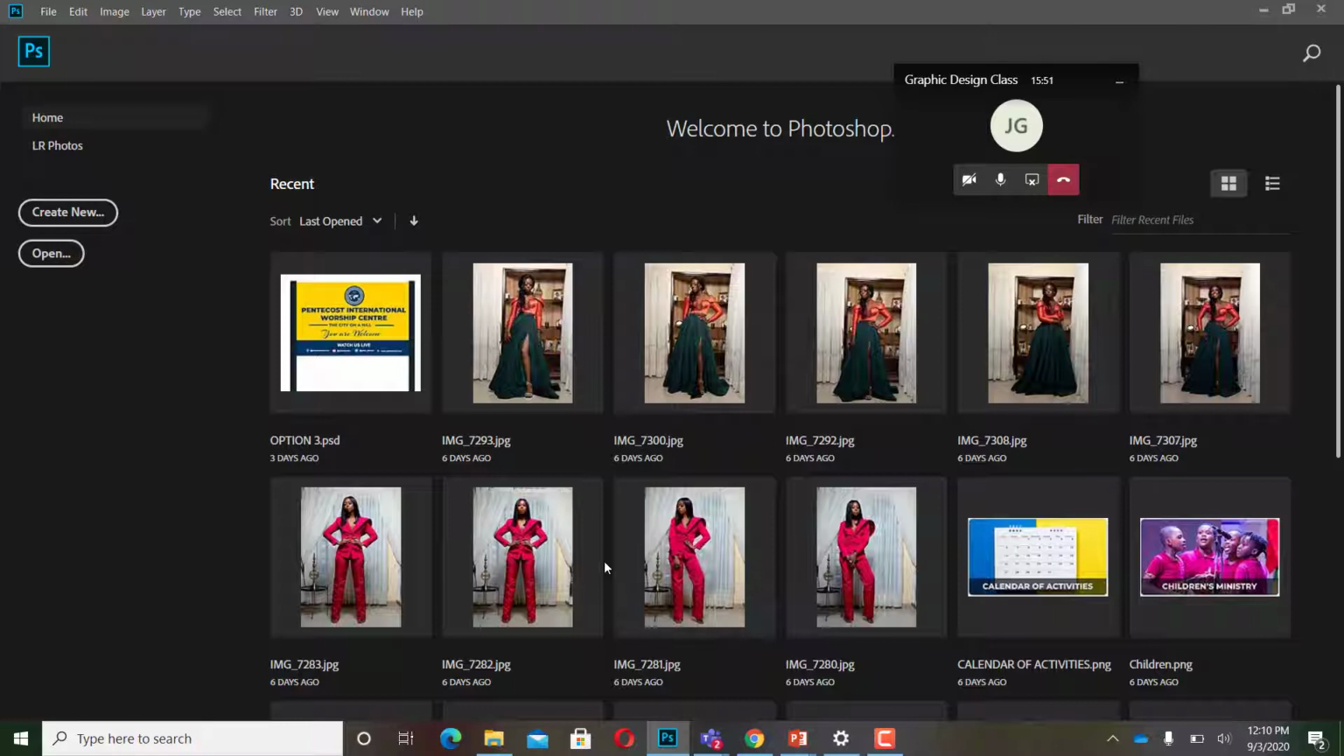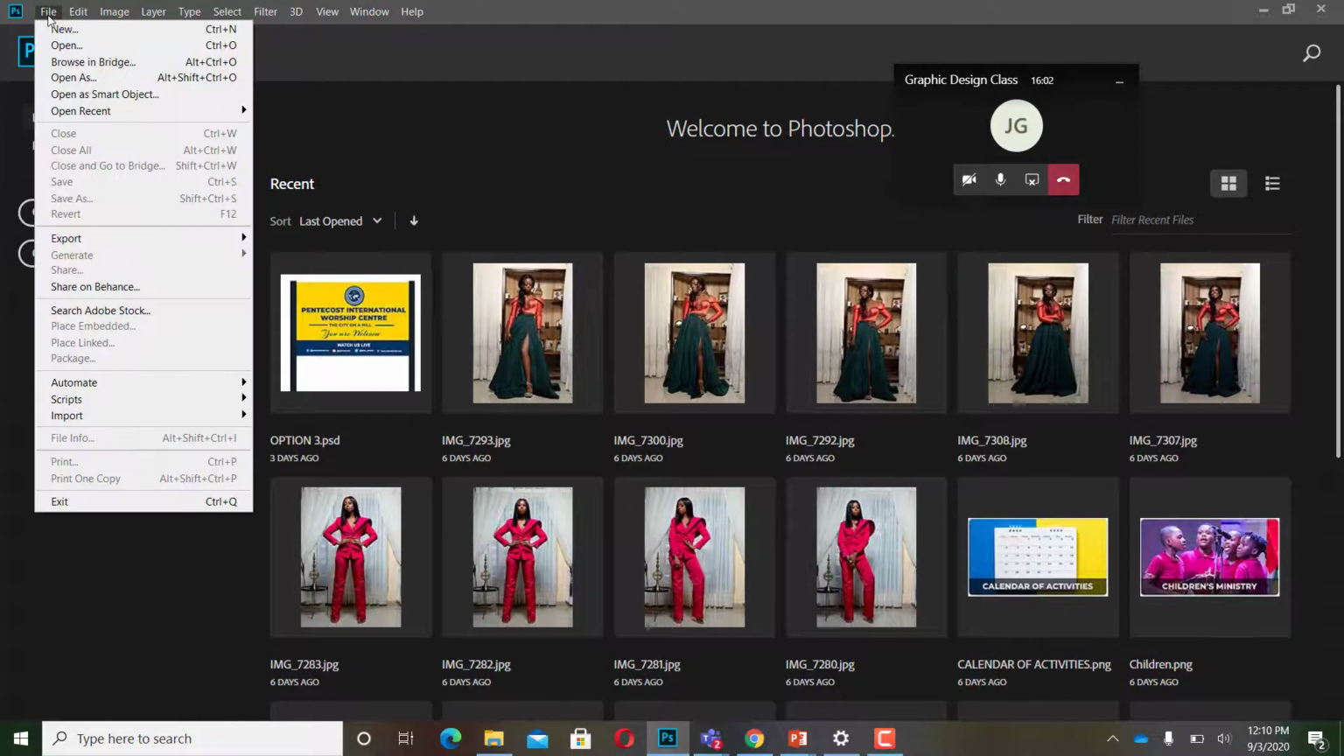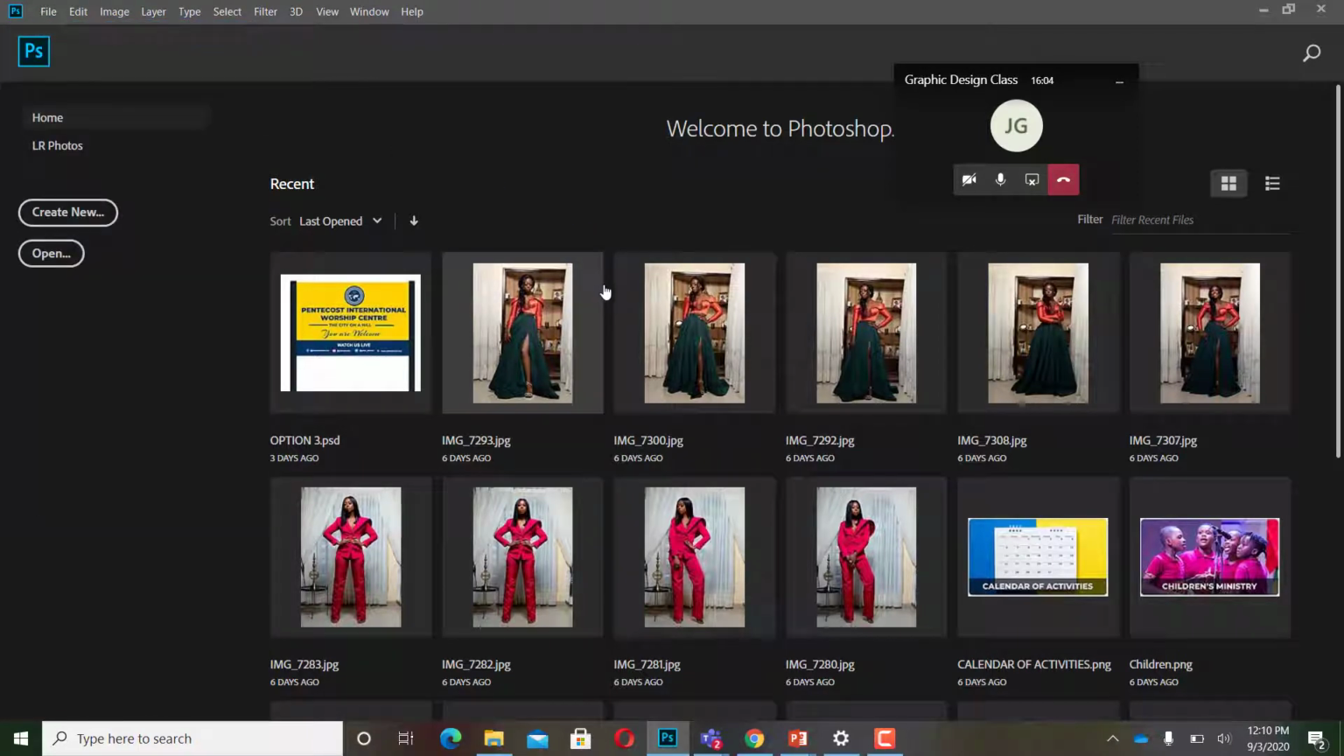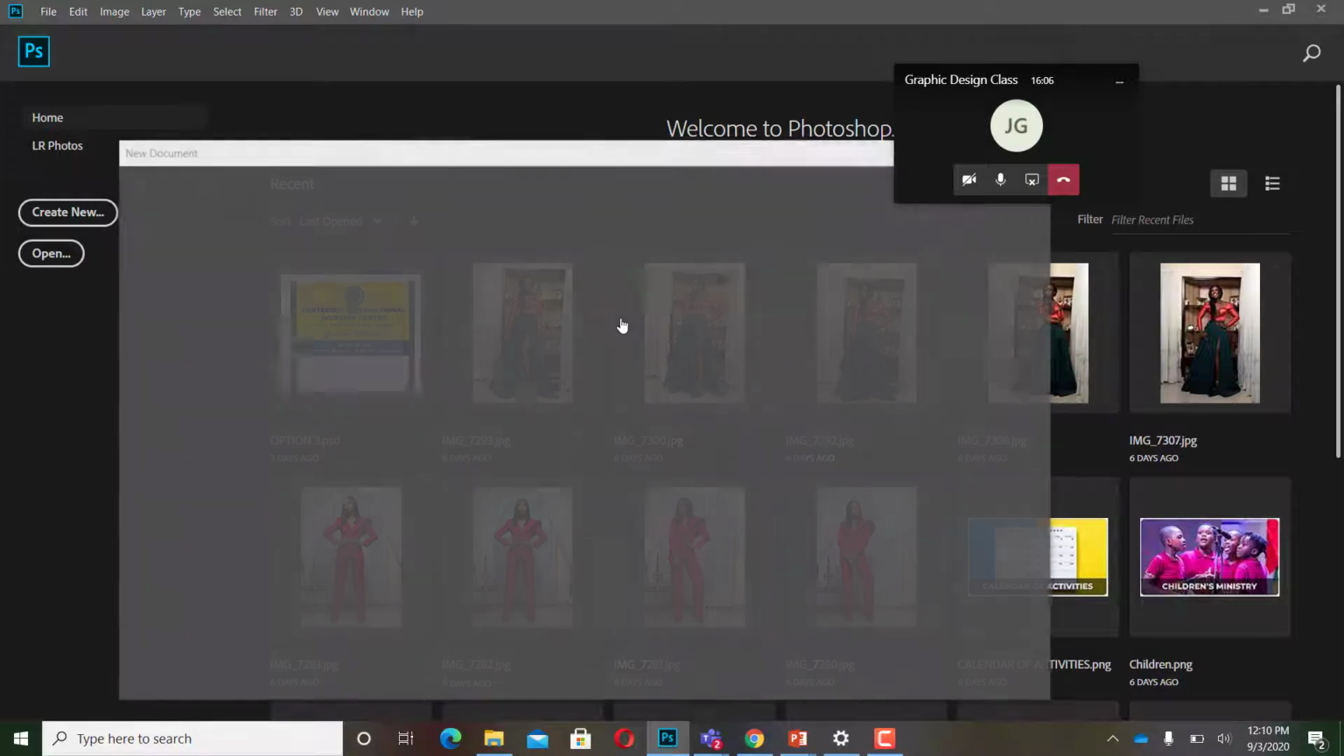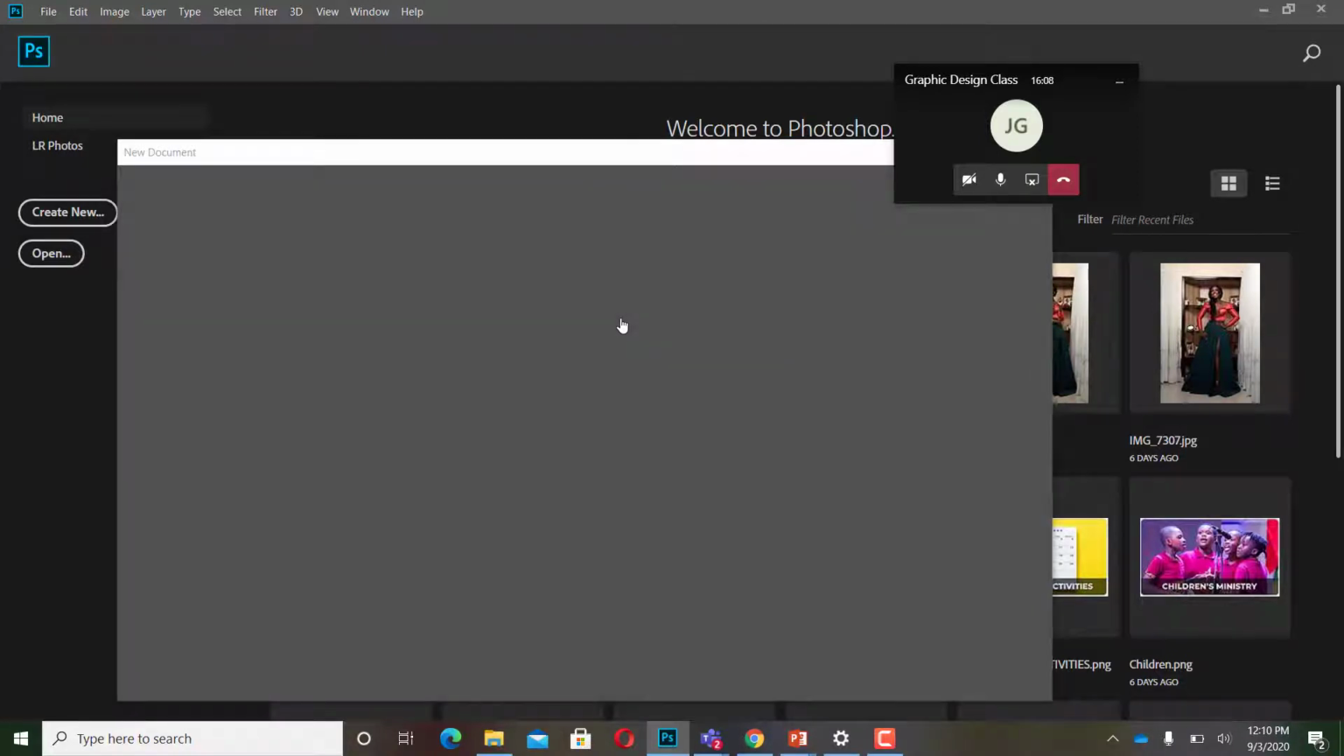So you have to factor in the size of your document before you even start your project, because the first thing you do is to create your workspace. And I mentioned that if you want to open, you go to file, you click on file, then you click on new,